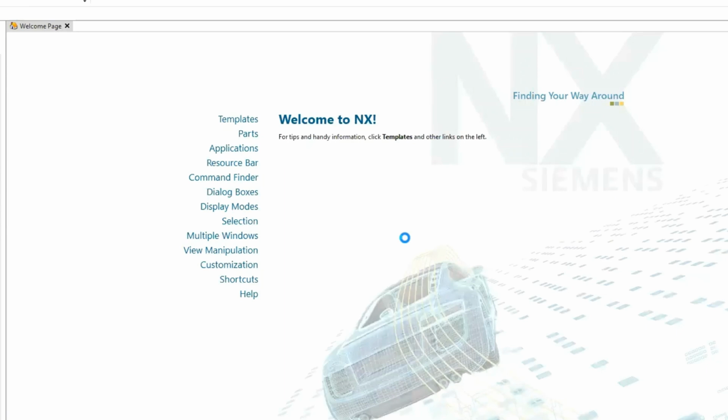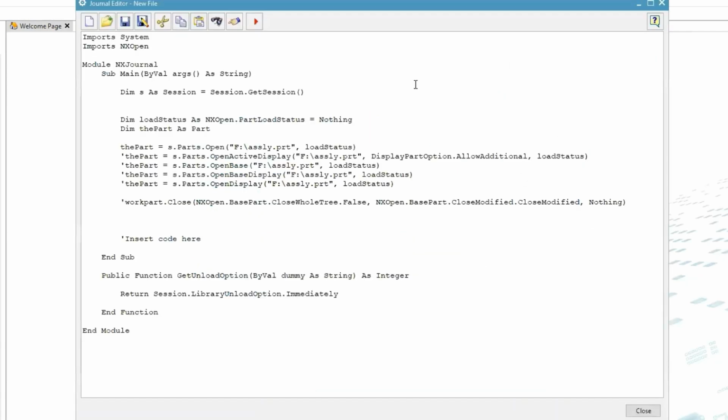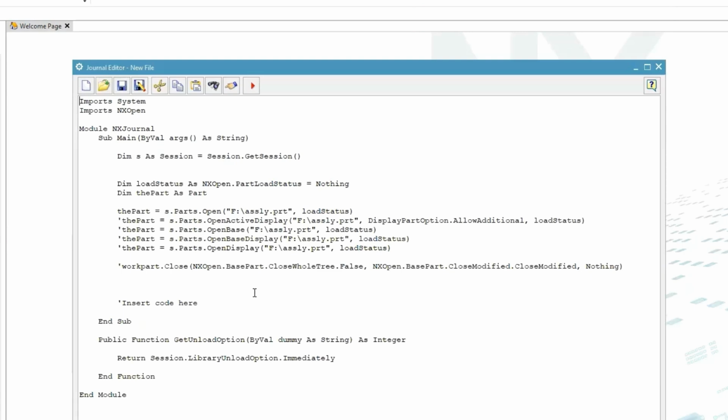Now, once I run this journal, something is definitely going to happen. It is taking some time, maybe my system is too busy at this point of time. It is coming up. Yeah, so the code has finished the execution,